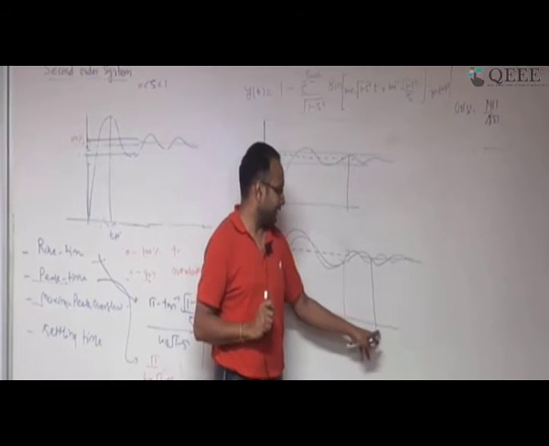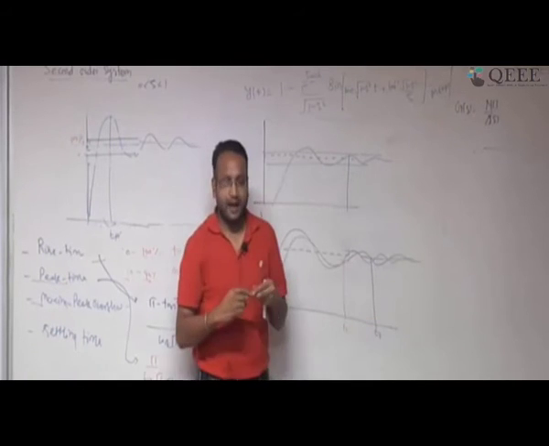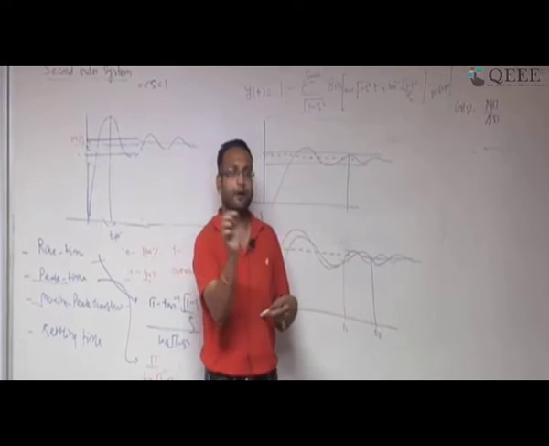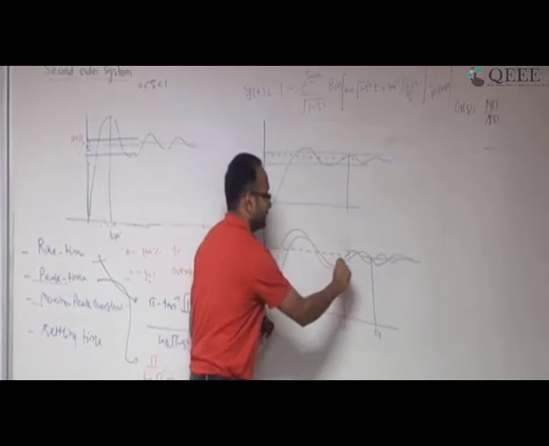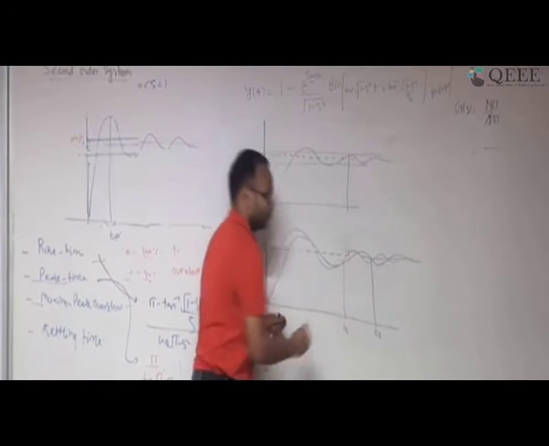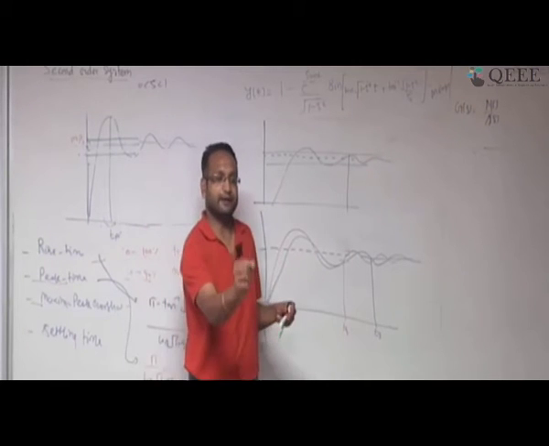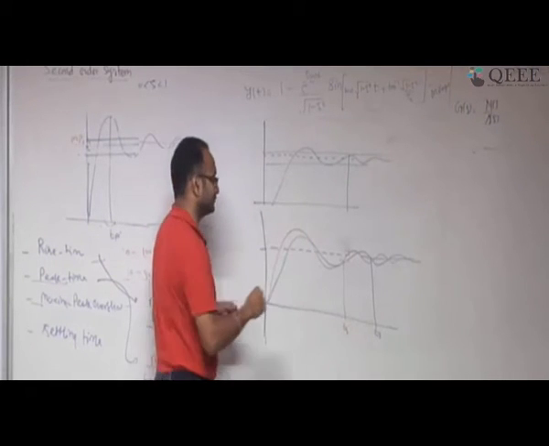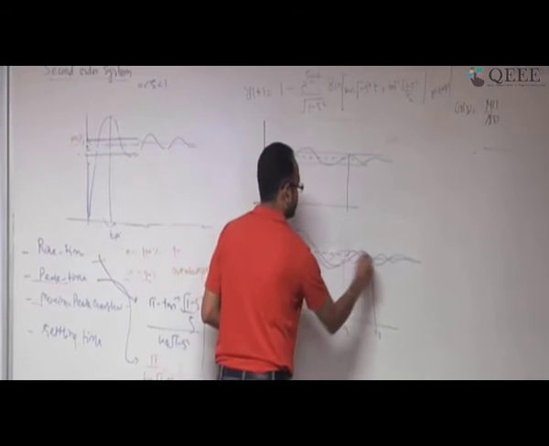ts1, I want to call it. Now what I did is I reduced my zeta further, 0.9 to 0.7. So there is a good chance oscillation is going to be there, so I will be reaching my band early, ts2. Now if I reduce it further, 0.9 to 0.7 and 0.665, again if I look at it, I am going to reach something like this.